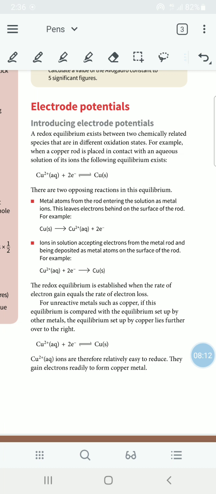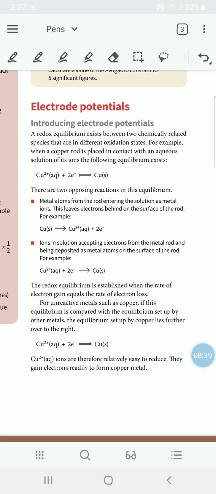For example, write this equation: Cu2 plus aqueous plus 2e, equilibrium sign, Cu solid. Both forward and backward reactions take place at the same time,